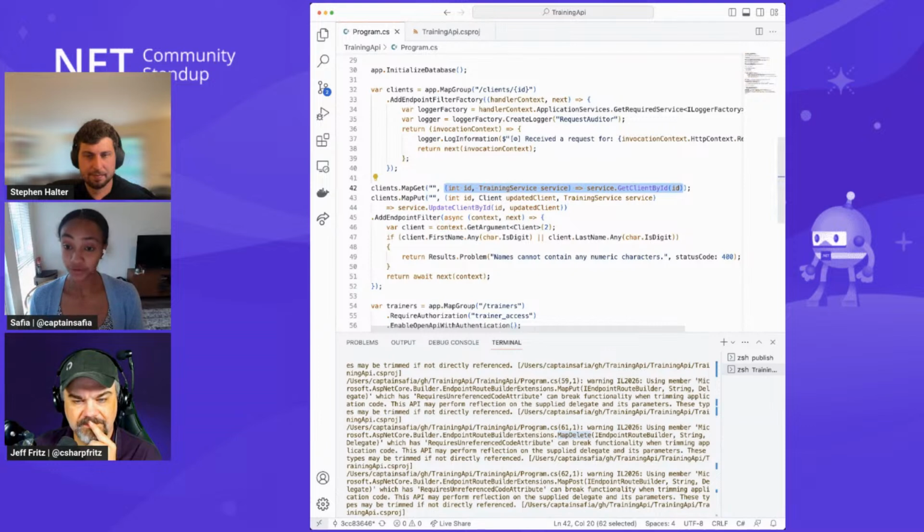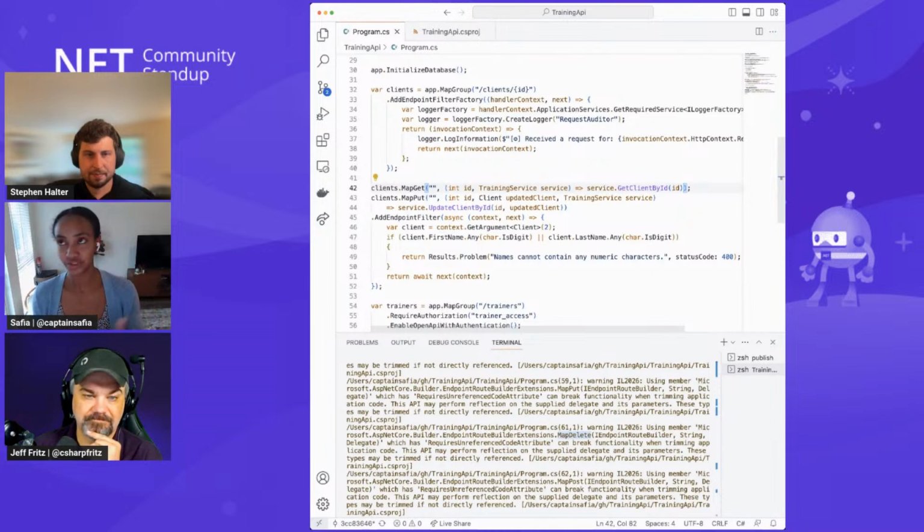And all of that is using reflection to do the inspection of your route handler and understand what kind of parameters should be bound, and then dynamic code gen to produce the actual code that's going to read the HTTP context, extract whatever arguments from the route or the query or the JSON body, and then write out to it. All of this is not inherently friendly for the trimmer. So one of the first things that we had to pursue for .NET 8 was figuring out a way to remove our reliance on reflection and dynamic code gen as part of minimal APIs.